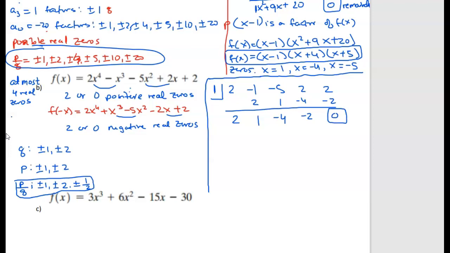So now, because you have 2 possible positive real zeros and 2 negative real zeros, potentially there's 4 of those that would work. Right? So it's not that unusual that it happens the first time because there's many that could work. Right? So the factor theorem says because this remainder equals 0, then x minus 1 is a factor